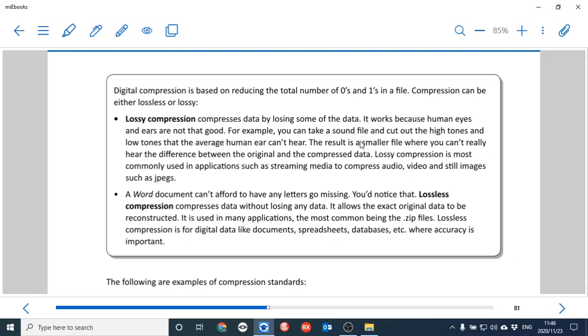Like for instance, let's look at a bat. Can you hear a bat's echolocation? No, you can't, but they can, right? So it would be useless to have frequencies of sound that high or that low. So they just cut it out, they make the file smaller, and everything that we care about is there. Now let me not go into too many examples over here.